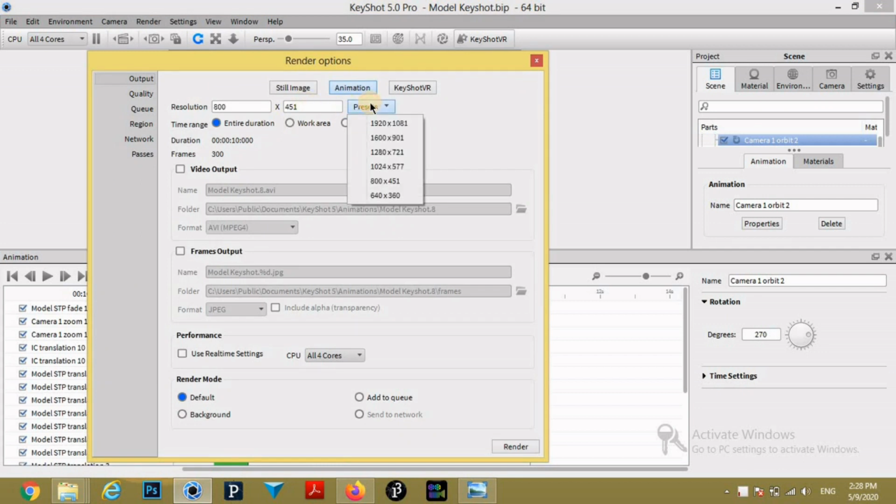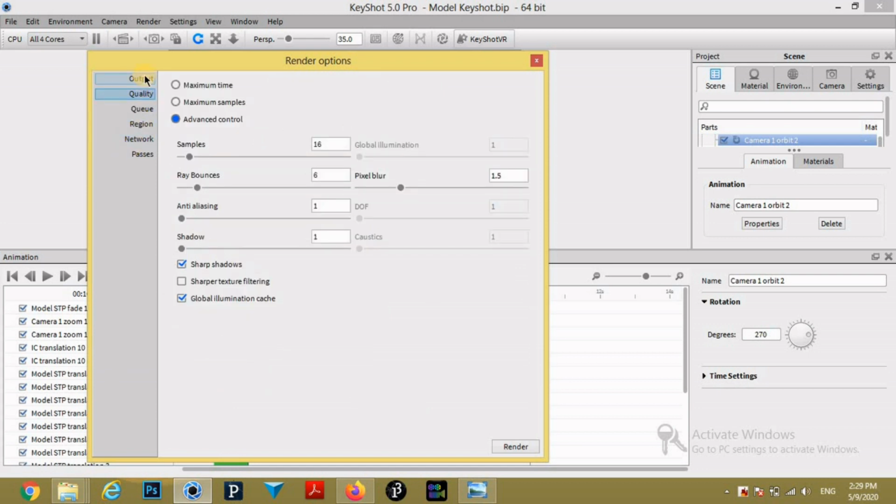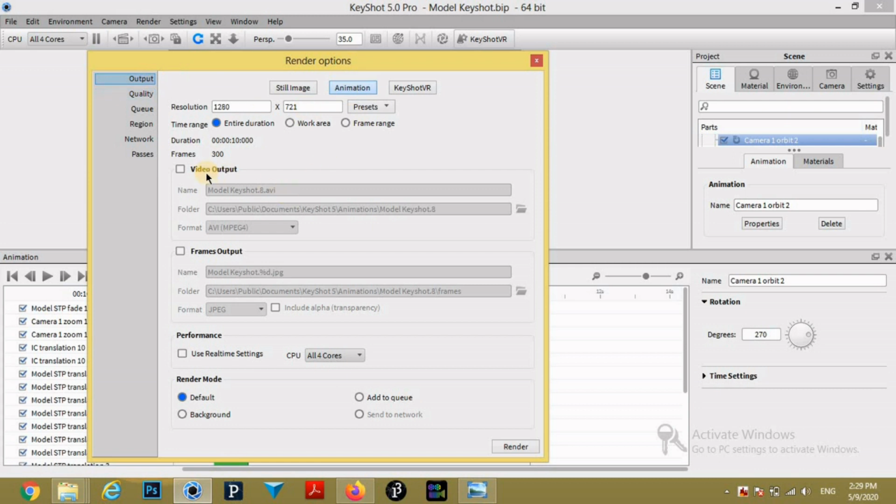Then press on render, select resolution of the video. Then select video output.